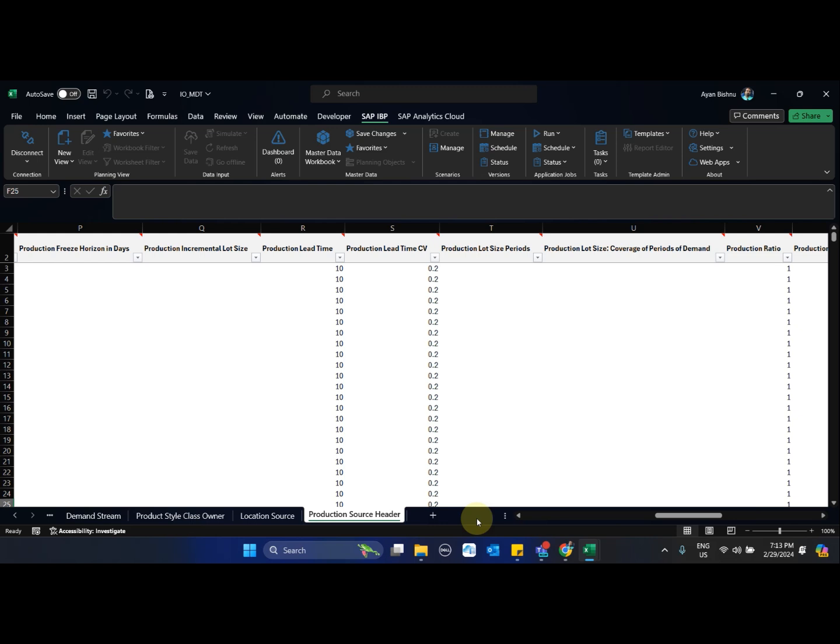And the third one, which is very less used, and that too in complex production scenarios where I have multiple source IDs, is to determine what is the production source lead time for a particular source ID at a product at a location.